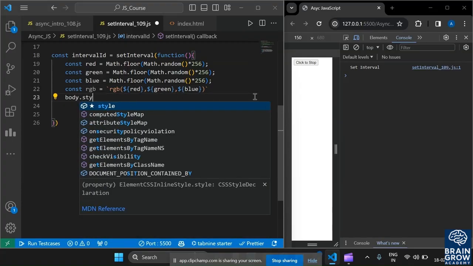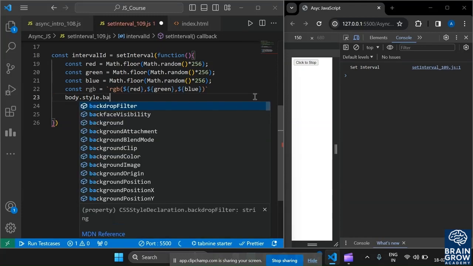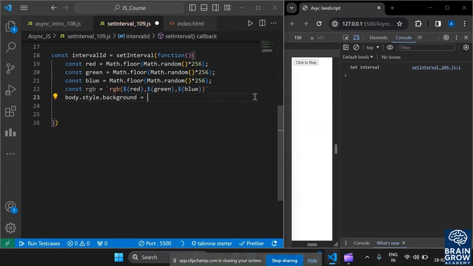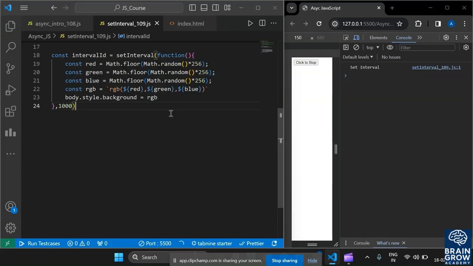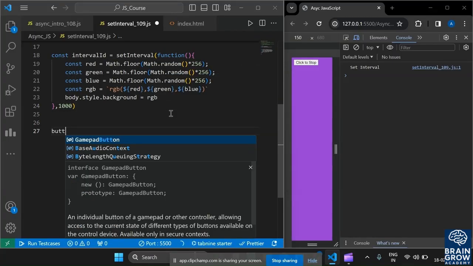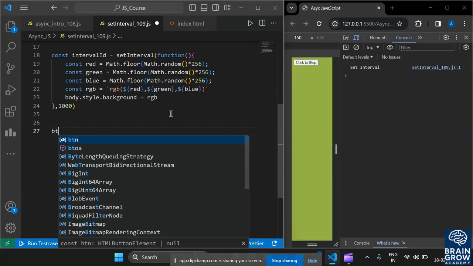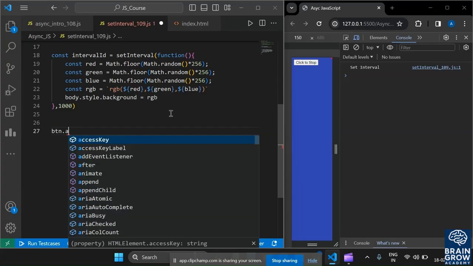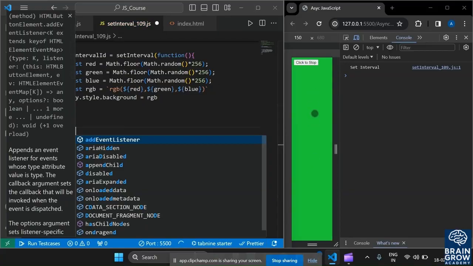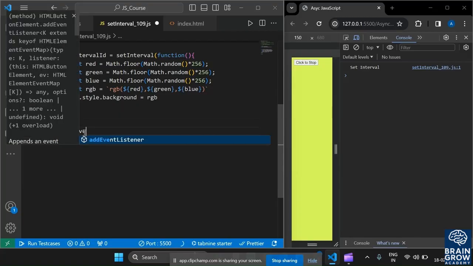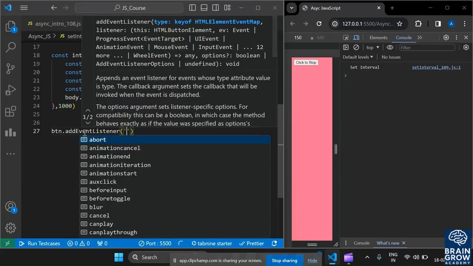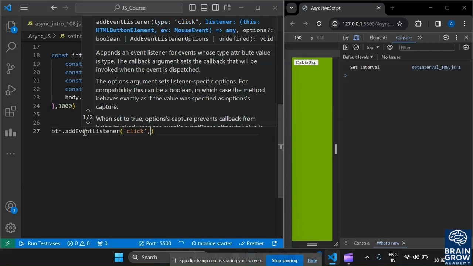Now you can understand that background is equal to rgb, and let us give an interval of 1 second, and after add event listener. We have button dot, you can see that it will change the style of background color at the interval of 1 second. Add event listener, inside pass click event, and